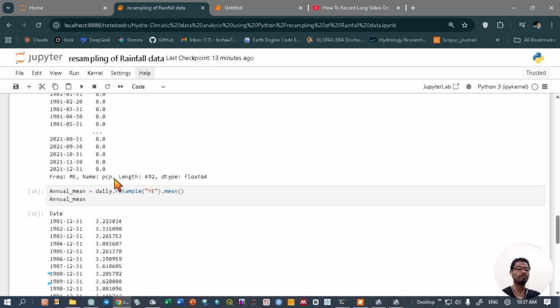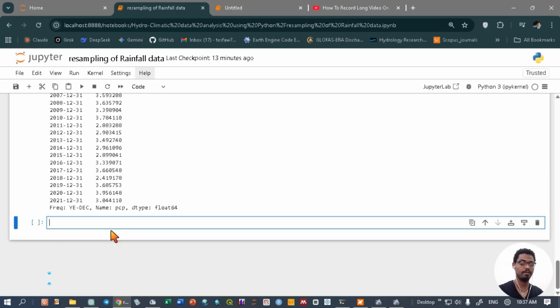But now let's do it for seasonal. For seasonal, it's daily dot resample, which is quarterly of the season. QS is a quarterly of the season, starting from December, right? Let me say starting from December, dot the mean,